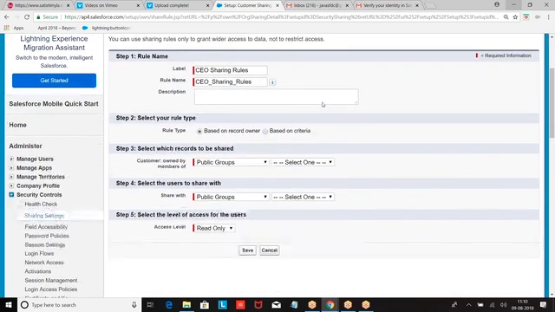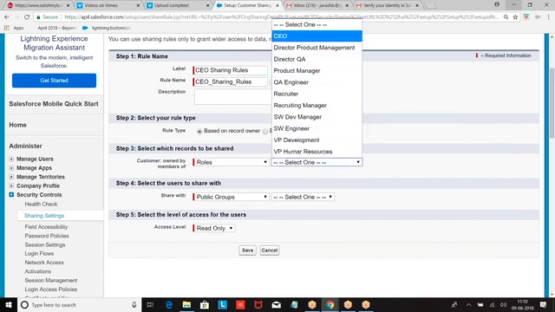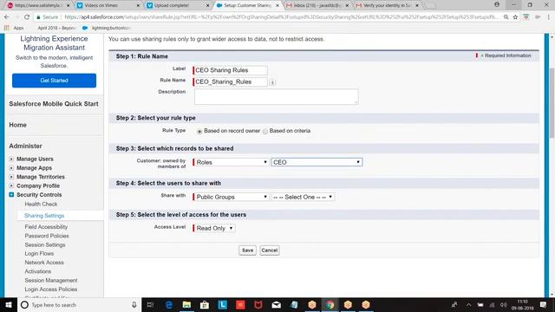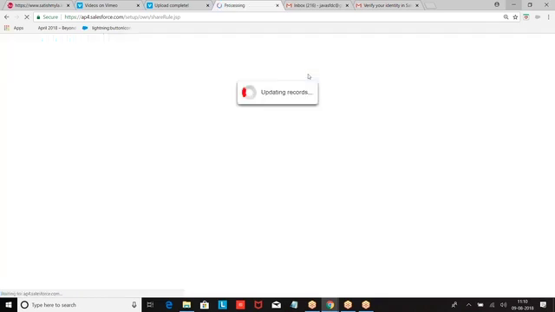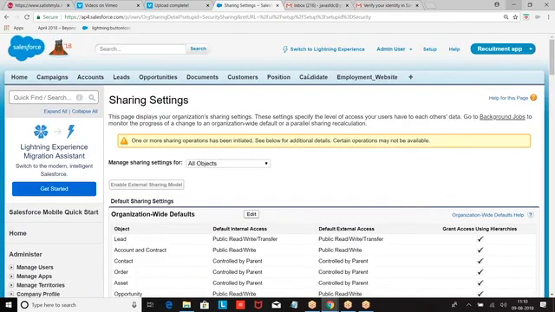Then I'm going to take based on record owner. Now I'm giving based on record owner. All the records which are owned by the role CEO are shared with the users whose role is recruiting manager. Who is having the role of CEO? Satish. Who is having the role of recruiting manager? Wilson. I am granting those records with what access? Read access. So I have defined a sharing rule to share the records of CEO with recruiting manager.